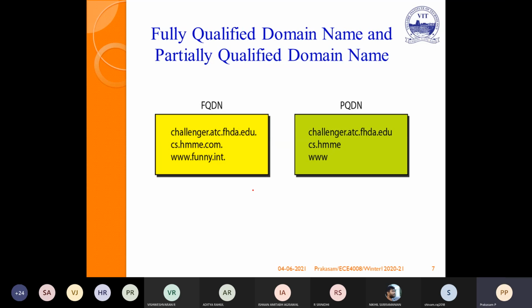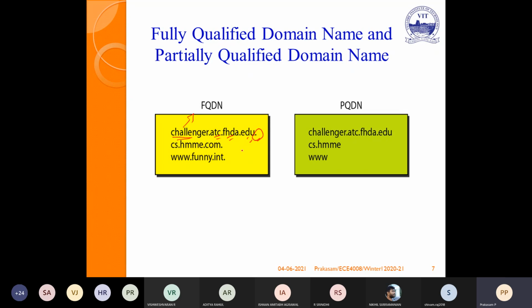If you see here, this is fully qualified. The meaning is it contains the actual name, then it contains the subdomain, and it ends with a dot. Always, it should end with a dot.